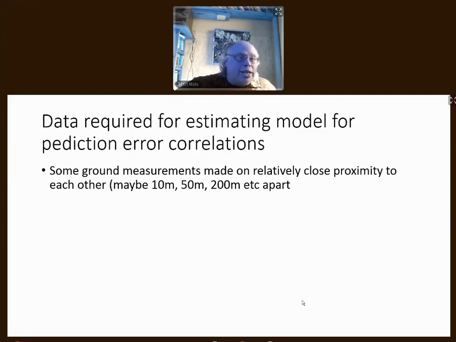You have to just guess how your correlation behaves. You don't have any real measurements that you could use to fill in this curve or to guess how this curve might look like